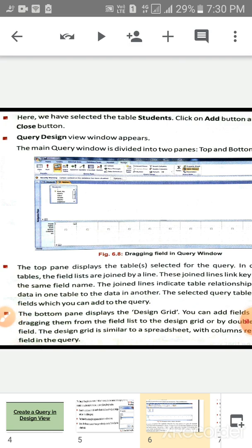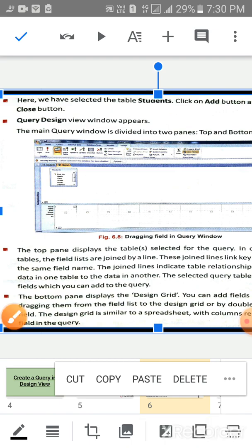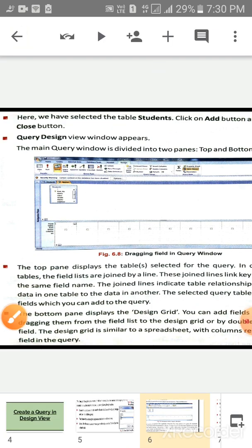Now children, the design grid is similar to a spreadsheet, with columns representing each field in the query.